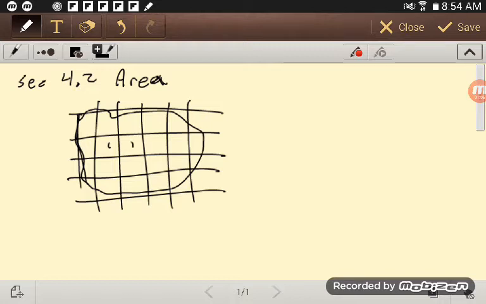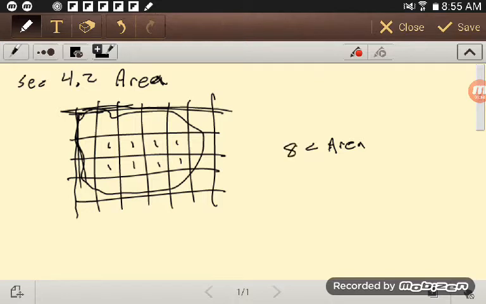and so I could say, oh, there's one, there's one, there's one, there's one, there's one, there's one. Each of these is a full square unit, and then in all these others, I have a little bit, a little or a lot less than 1, right? And so as I look at this, 1, 2, 3, 4, 8. So my area, now what I can tell from this is bigger than 8 square units,